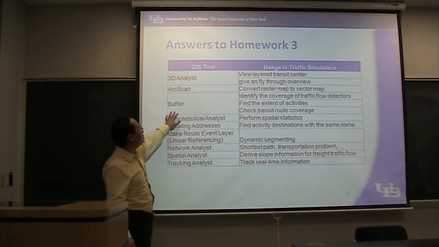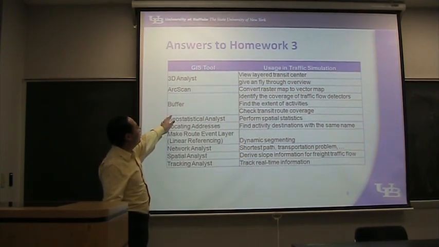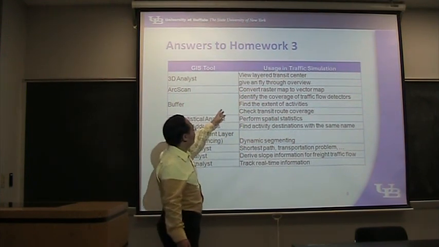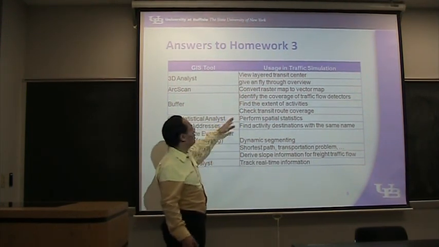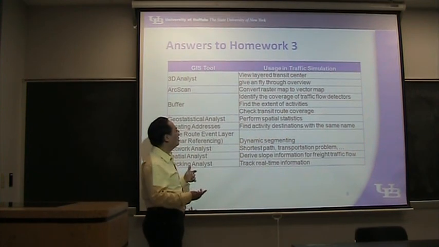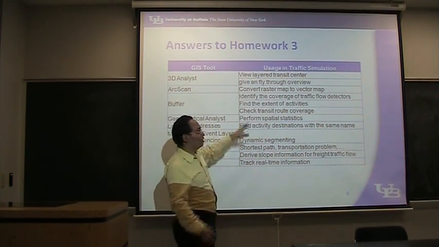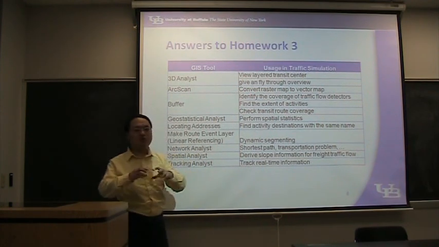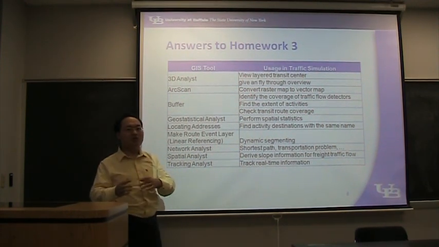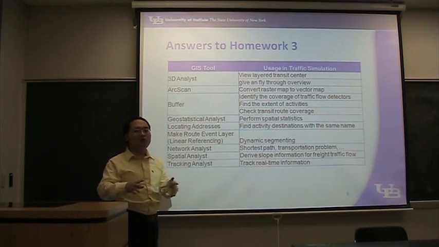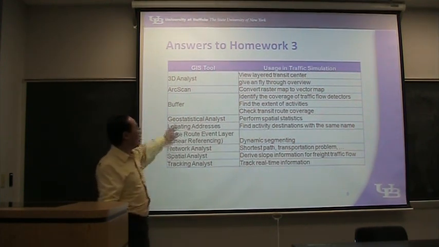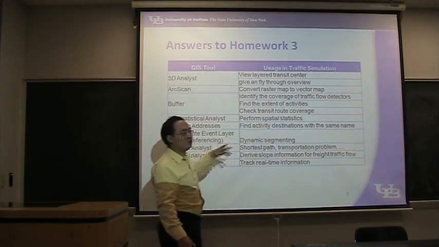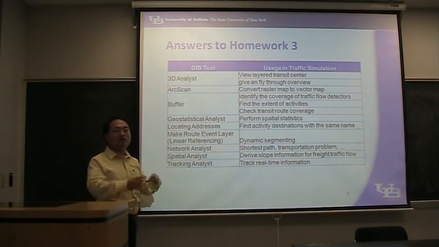And buffering is very useful. Most of you mentioned buffering. These are 3 things that are very good, for example, identifying the coverage of flow detectors, and finding the extent of activities. When a person is going to perform an activity, this activity should be within range of its current location, and that can be found by buffering. And like this, checking transit route coverage would be very good. So if you have a transit route,